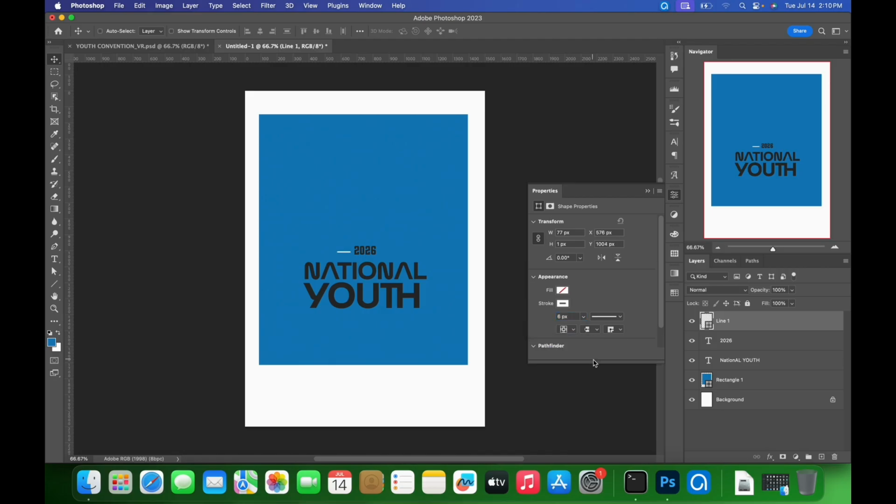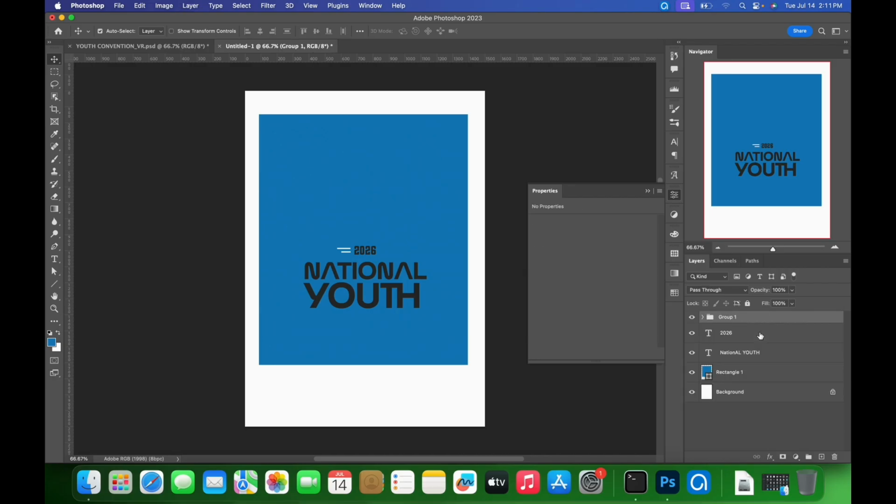Press Command J, or Control J on Windows, to duplicate, and use the arrow keys to reposition like so. Okay, select the first one, press A for the direct select tool, and drag over this point, and use the arrow key to move it, to distort it like so. Okay, V for the move tool, hold Control or Command on Mac, and left click to select this one. Control on Windows RG, Command on Mac RG, and